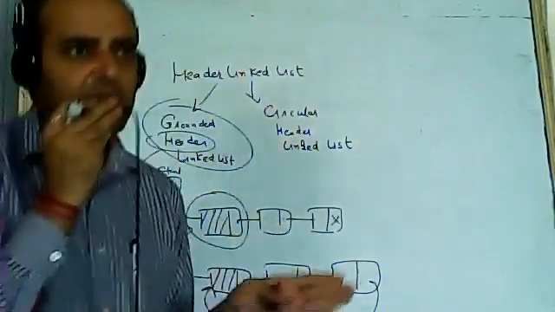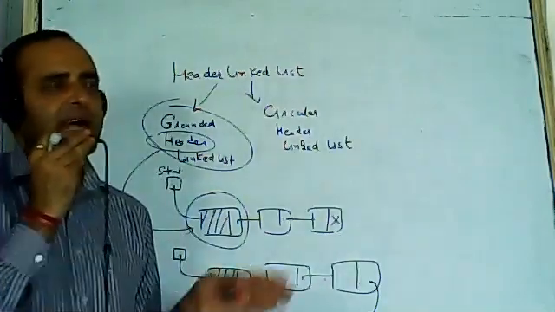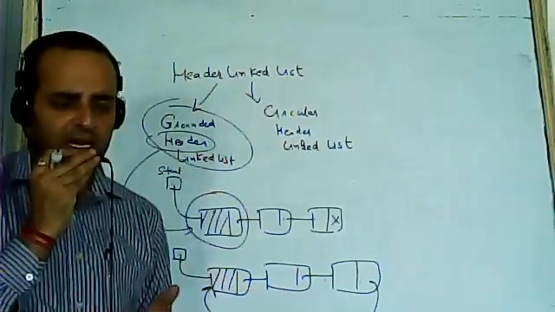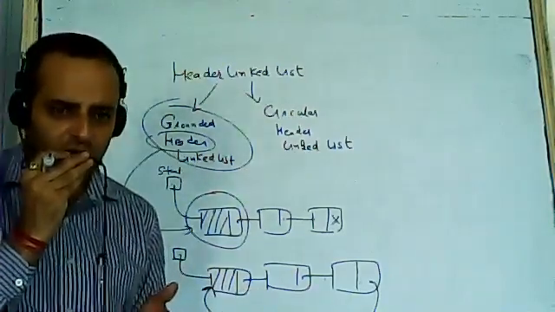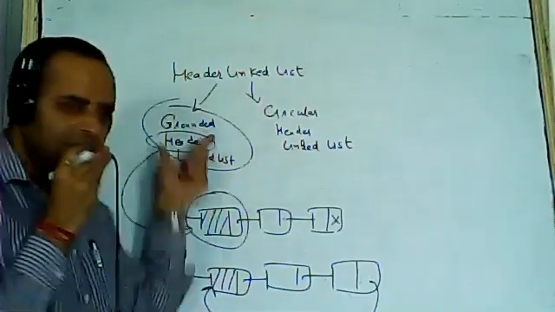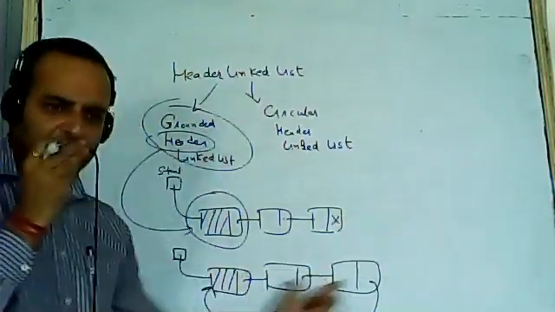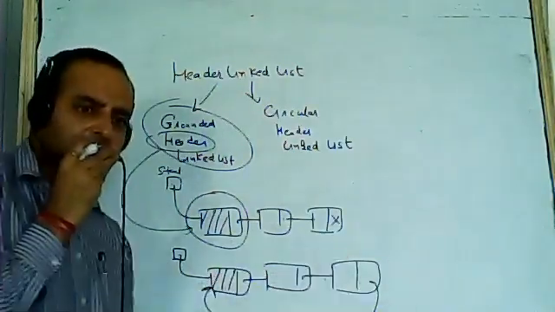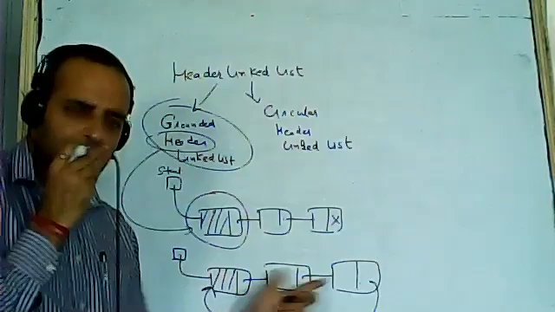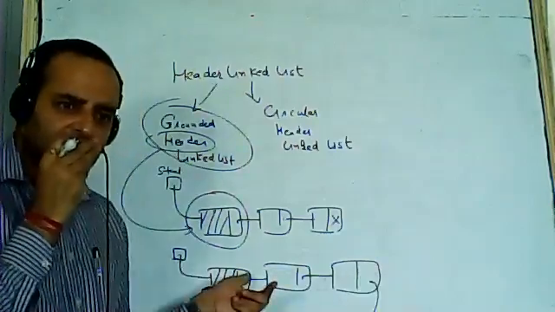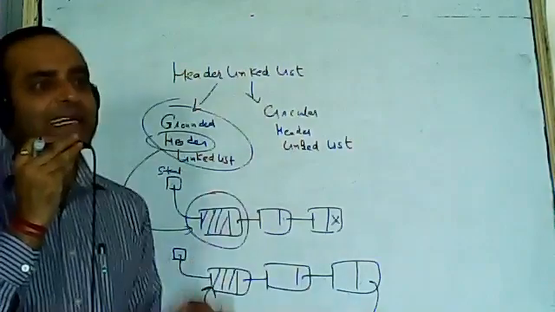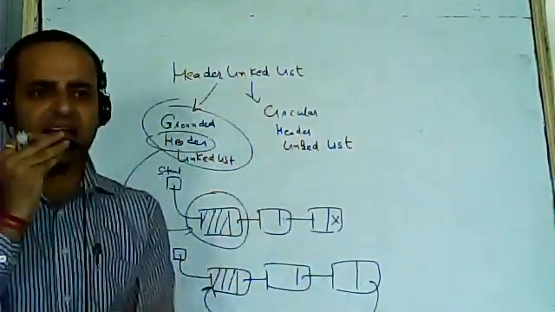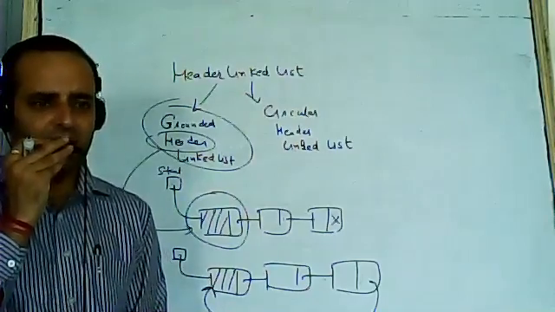If you see your copies, we had done traversing a linked list and searching in a linked list. So there it will be repeat by pointer from start to null. But in circular linked list, we don't have null. So what will be the condition? Repeat while pointer is not back to start, because last node contains the address of the first node, the start node. So only condition will change. Repeat while pointer is not equal to start. The rest of the algo will remain the same.